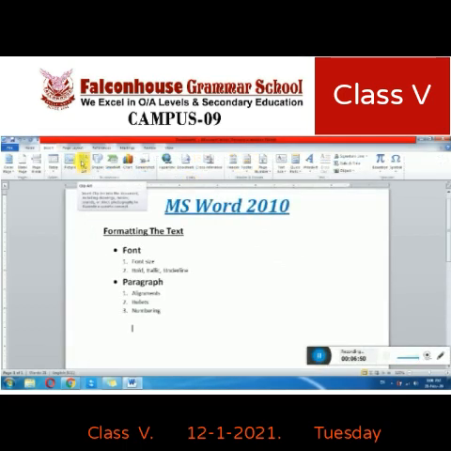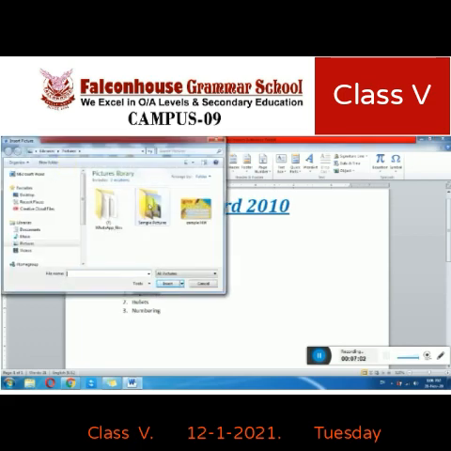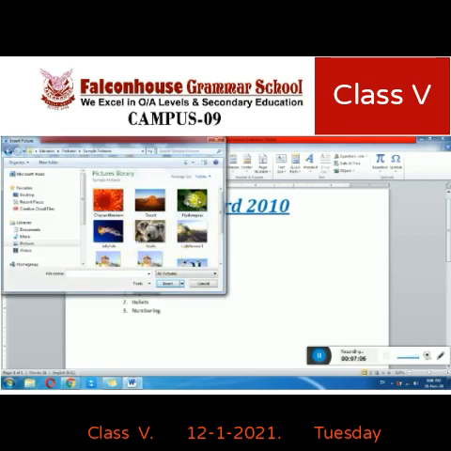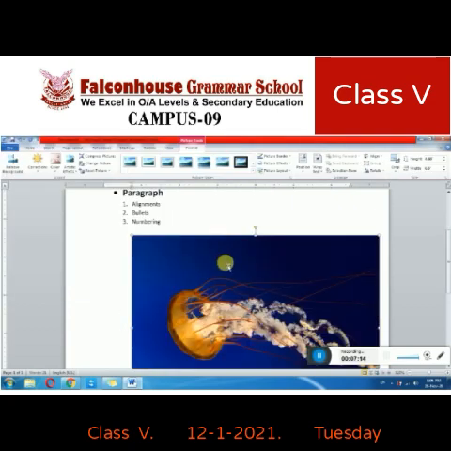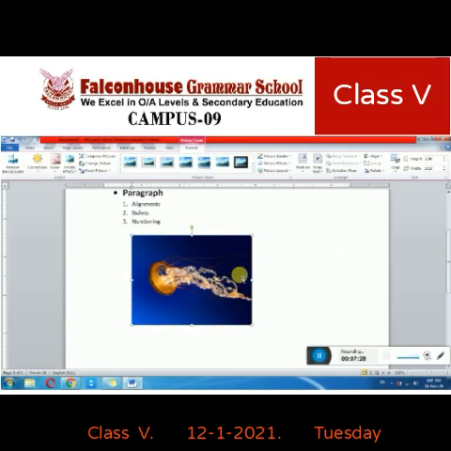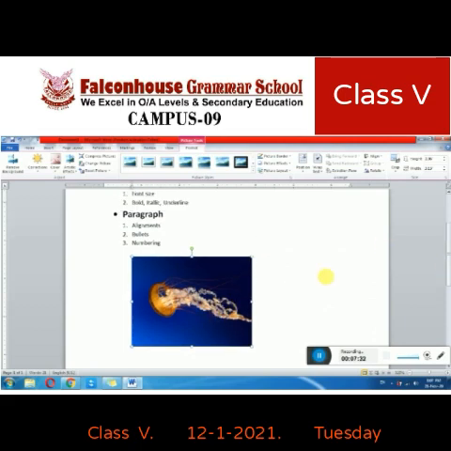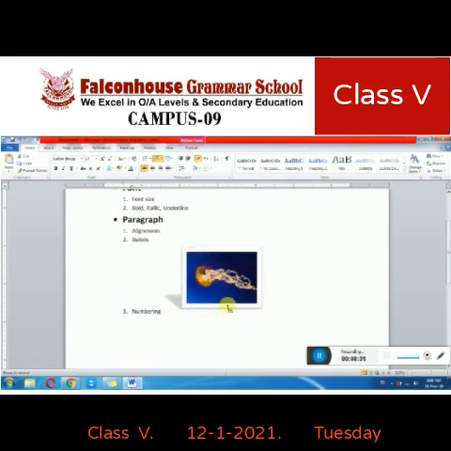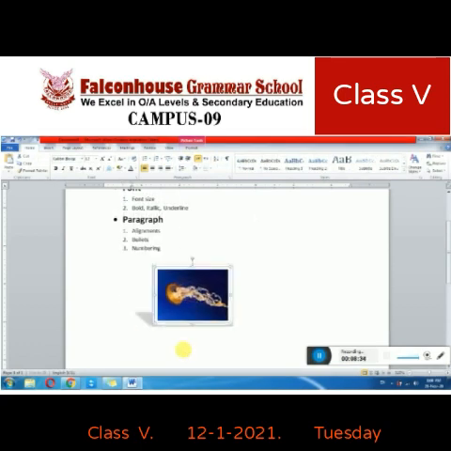Now I'm going to insert a picture and show how to implement text wrapping. First I select the Insert tab, then click on Picture and choose the picture from the picture library, then click on the Insert button. You can see that the picture is inserted over here. To resize the picture, we click on it and when the plus sign appears, drag the mouse. Now our picture becomes smaller.